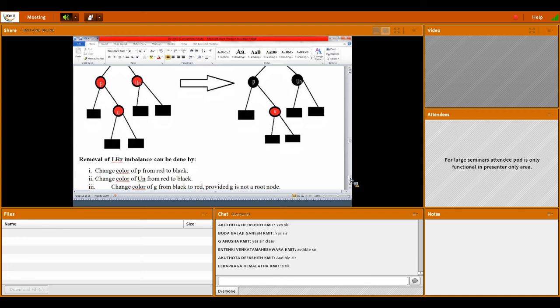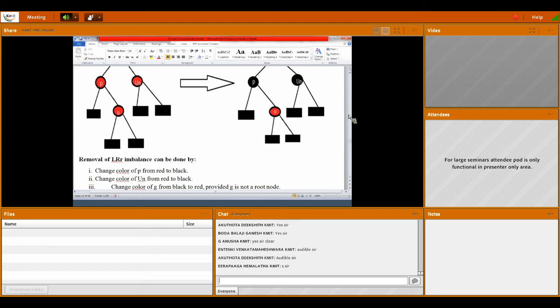And change the color of the G from black to red. Because the grandparent, that is the parent of the P, should be black. Then only the paths have the same count of black nodes. So change the color of the G from black to red, provided G is not a root.